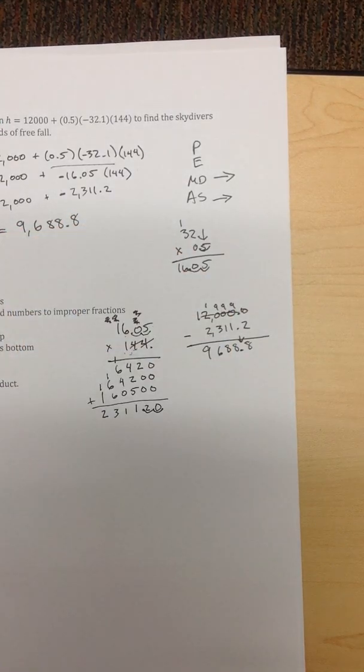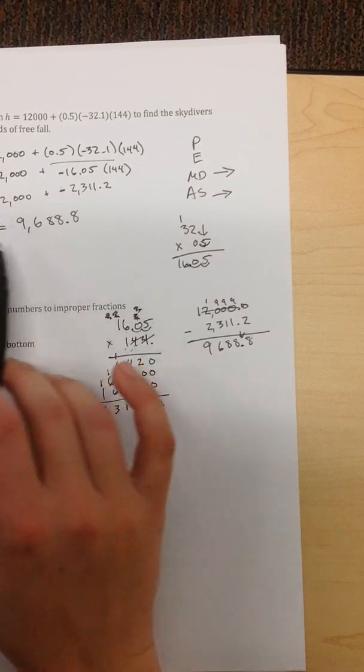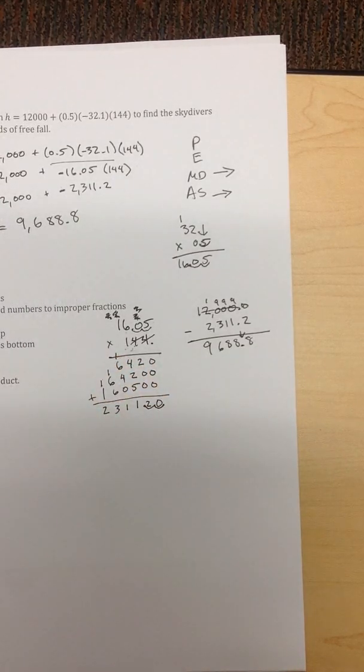So h is equal to 9,688.8. And then I also want to check to make sure I've got the right sign there. So I've got 12,000 and a negative 2,311.2. So I take the sign of the bigger one, which would be the 12,000, so it would be positive that number. Okay,